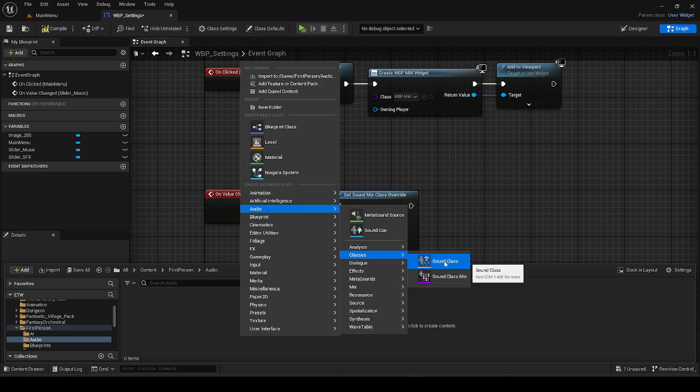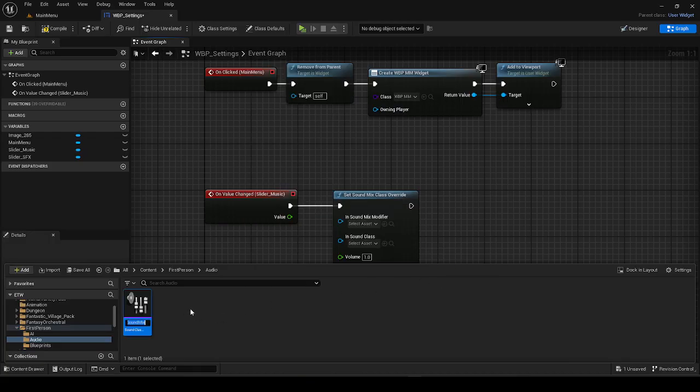No, we want to do sound class. I think the mix is to do with the master. I'm not sure. I'm going to call this SM for... No, I can't, because that's static mesh. I'm going to call this